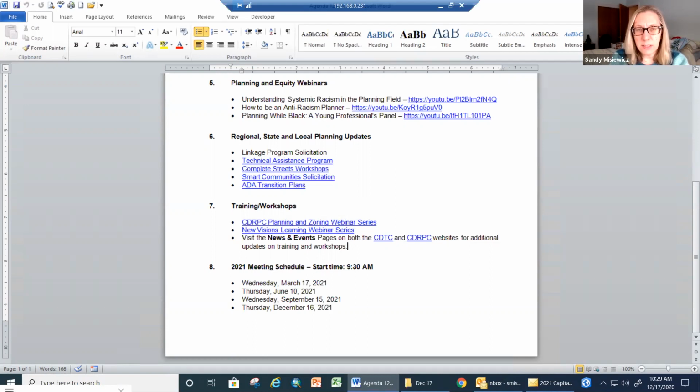The Smart Community solicitation remains open. And Jen, I don't know if you want to elaborate a little bit more on what we're looking for. We haven't had much interest, as far as I'm aware, in this program this year. But that program is really geared toward bridging the gap between planning and technology, and thinking about whether it be smart signals or LED lighting in your community, things that advance.